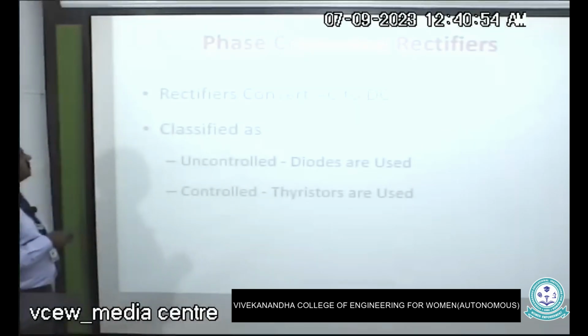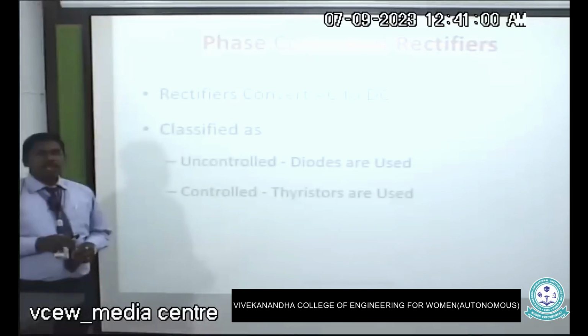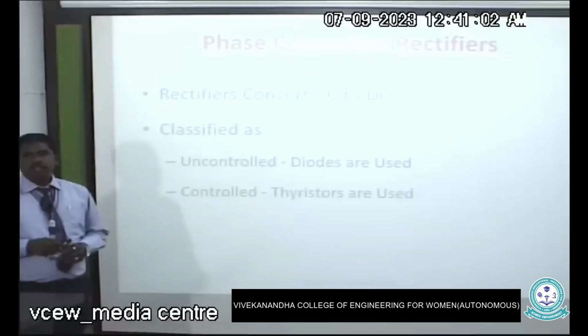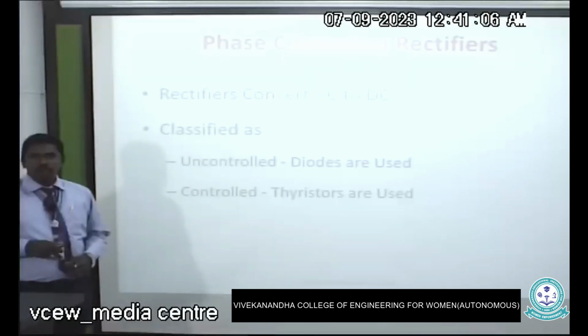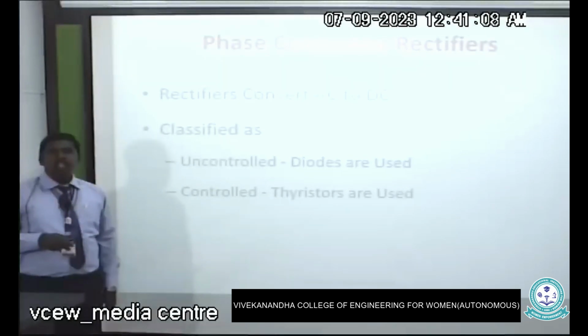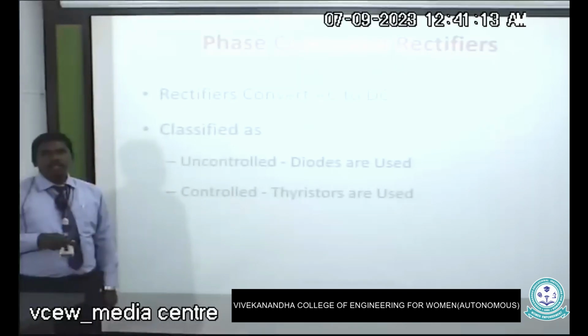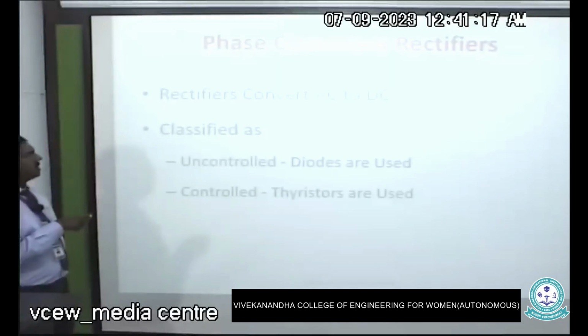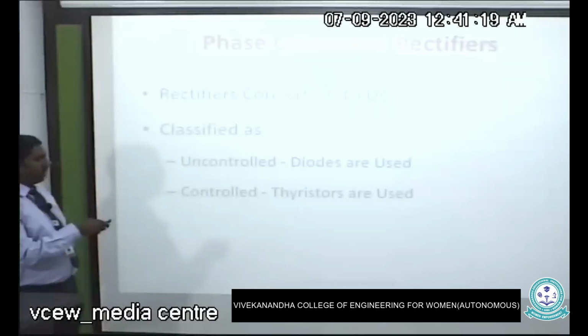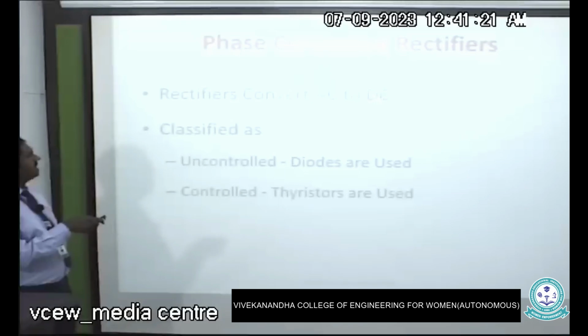So the first converter is a phase controlled rectifier. A rectifier converts an AC supply to a DC supply. That means the input supply you give to the circuit is an AC supply, and you receive a DC supply as the output. So that is the representation of a rectifier. AC means alternating current and DC means